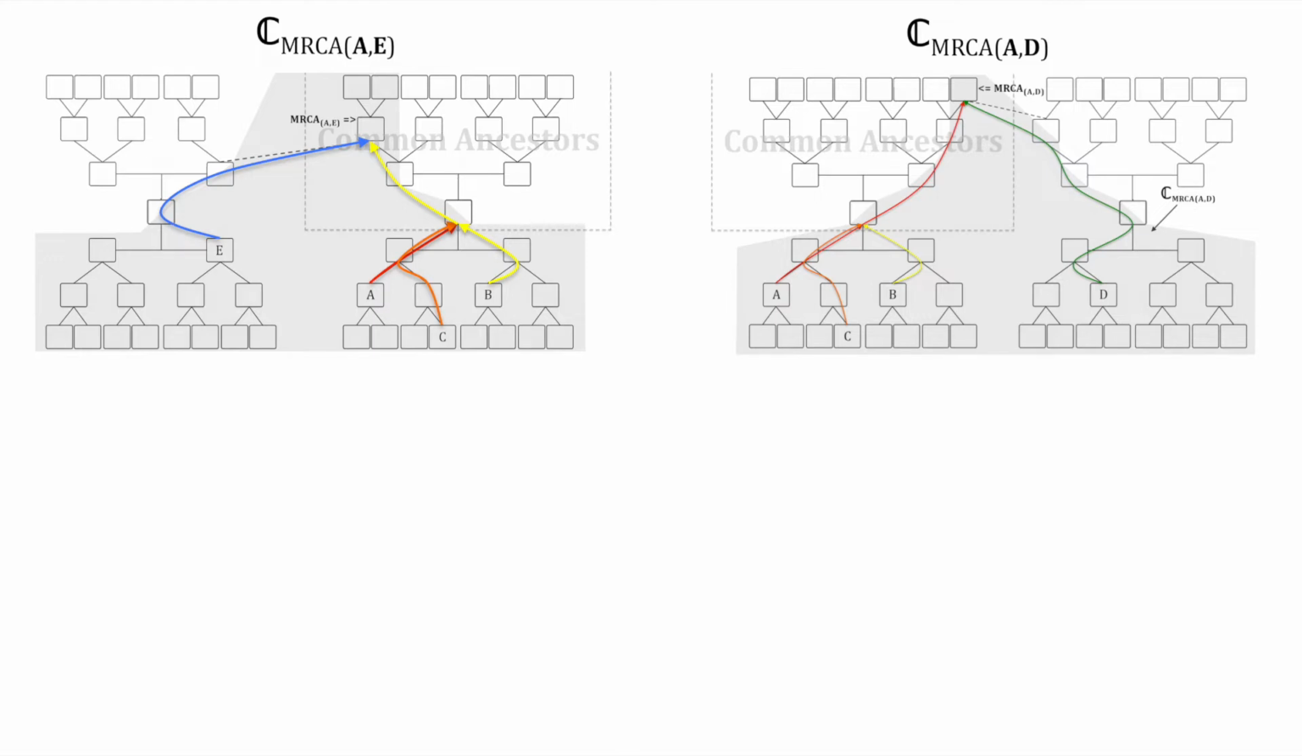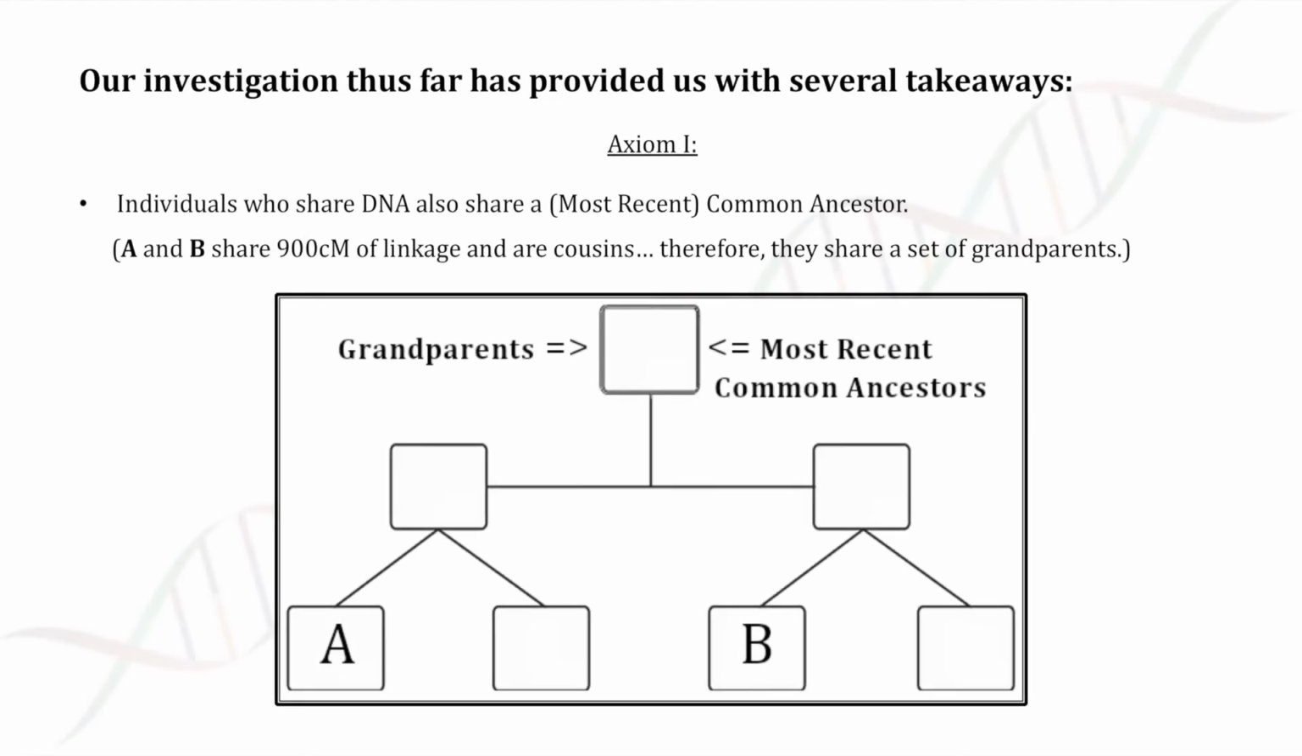This suggests that the closer the relationship among constituent matches, D being a fourth cousin, whilst E is a second cousin, the more diffuse, or if you will, less focused, the collection of DNA matches becomes. We'll revisit this momentarily. Our investigation thus far has provided us with several takeaways, what in set theory we'd call